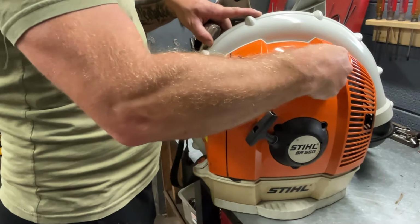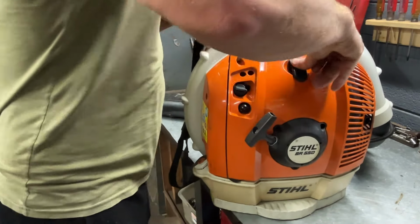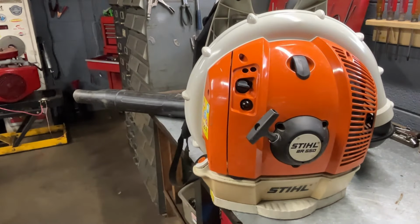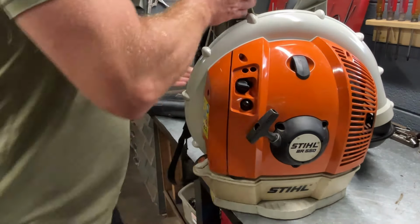Then put your boot on, wiggle it as you push down, and you'll hear it snap in. It'll make a little snap noise. And there we have it. You got the spark plug installed. All right,